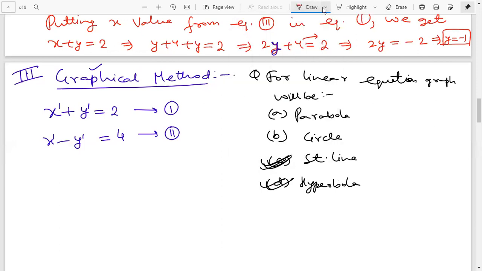Guess mark. Okay. So we have a linear equation, which means the degree will be 1. Degree will be 1, we know. And for degree 1, what kind of graph will we get? A straight line. For degree 1, many times we have seen that we get a straight line. A straight line with an inclined slope. The straight lines are of two types. This type of straight line we will get.